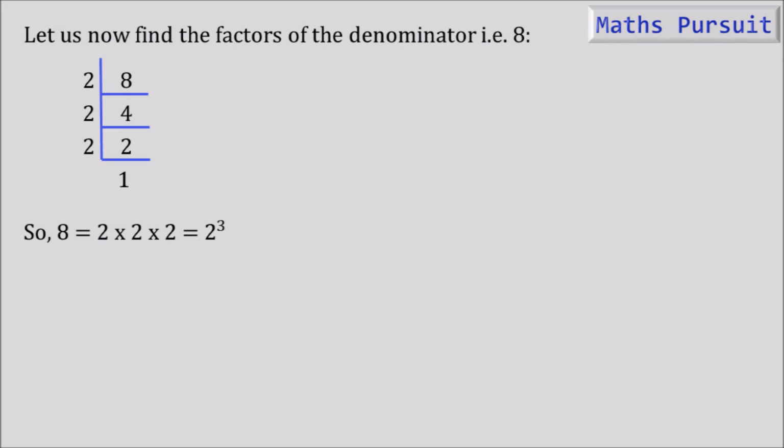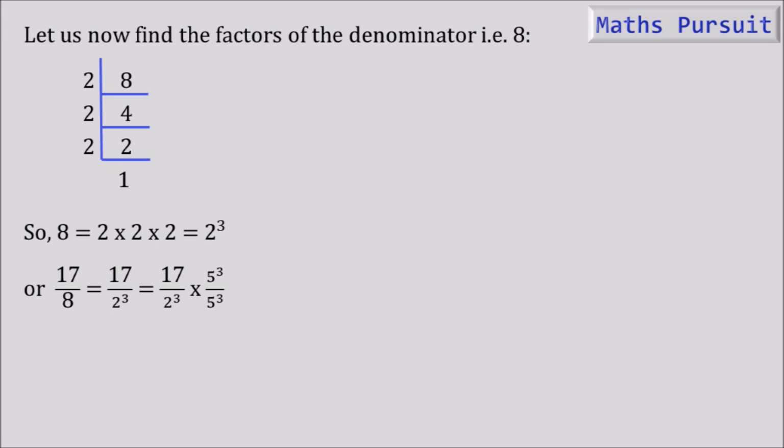Now I can write the given number 17 by 8 as 17 by 2 to the power 3. And guys, as we can see, in the denominator we got 2 to the power 3. Now our main purpose will be to get it in the form 2 to the power n into 5 to the power m. So as we already have 2 to the power 3, we'll multiply 5 to the power 3 in the numerator as well as 5 to the power 3 in the denominator. And guys, if we multiply the same number in the numerator and the denominator, the effect will be null. For that reason, we are multiplying so that we can get it in the shape of 2 to the power n and 5 to the power m.